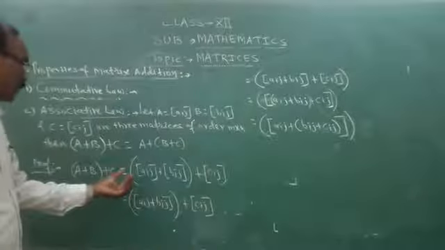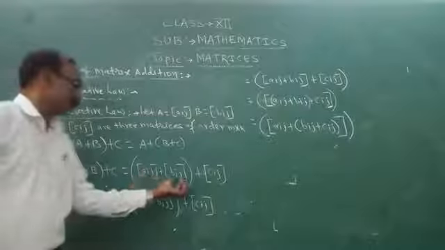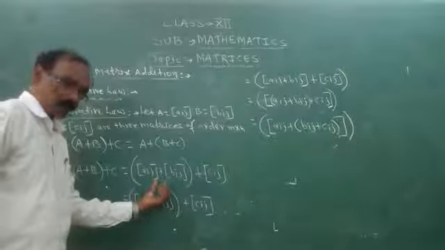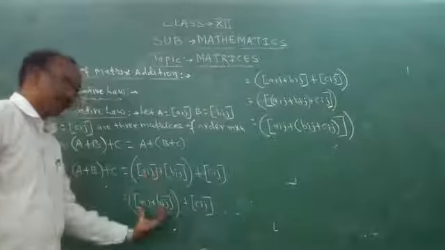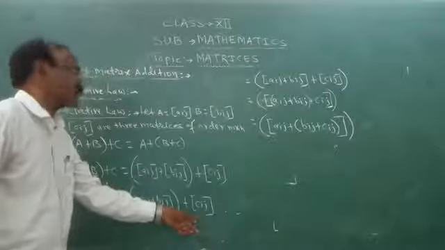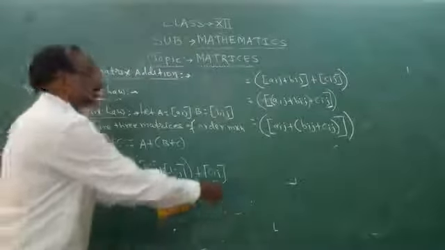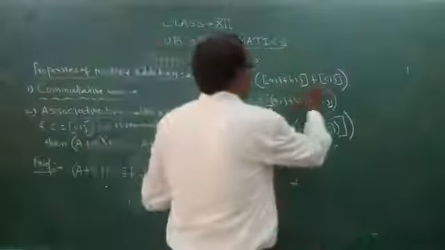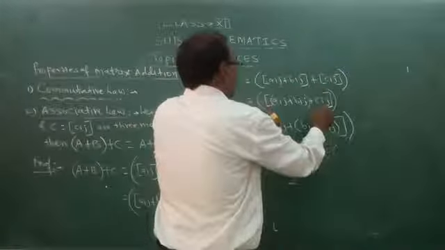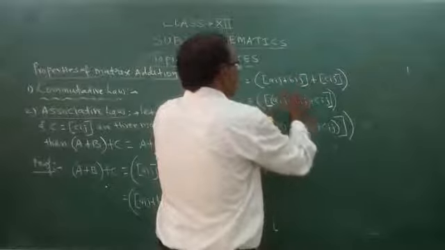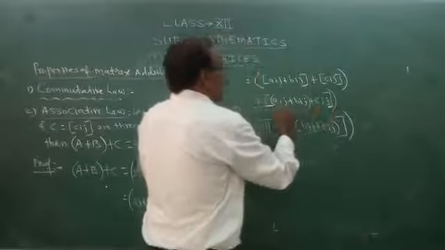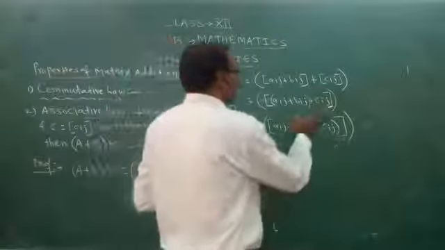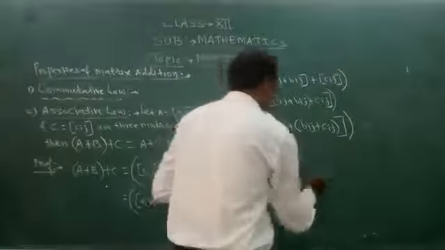See here, A matrix, B matrix, this is C matrix. Then addition of two matrices. I have added these two numbers Aij plus Bij in a single matrix, then Cij. Then again addition of these two matrices in the bracket, first matrix plus second matrix. Now I can add these two matrices' corresponding elements. In the matrix, I have taken these two combined plus Cij, but these are the numbers in the matrix. So numbers are associative. So I am associating the second and third, so Aij plus Bij plus Cij.